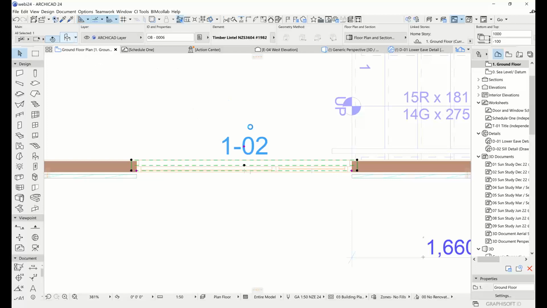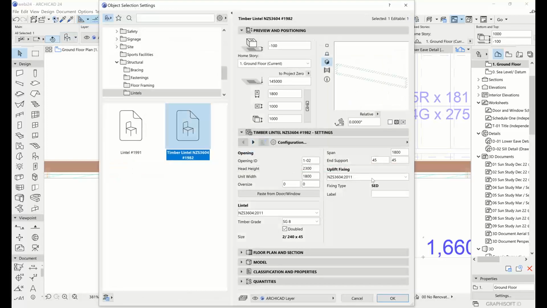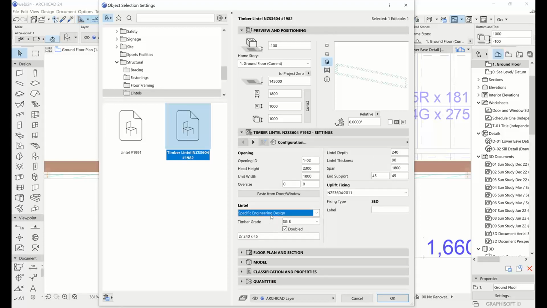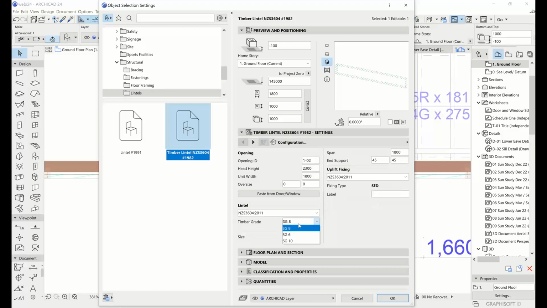So what I can do is go back into the settings now and make some changes if I want to. So obviously it's brought in the settings for the opening itself over here, but there's plenty of other control over how you want it to show as well. So you can choose what kind of lintel it is, whether it's a 3604 spec one or one that you have had specifically engineered for this window. So you can set that there. You can set the timber grade,